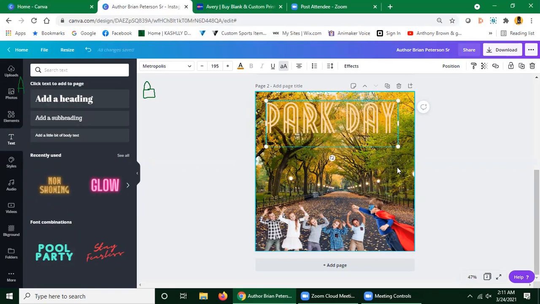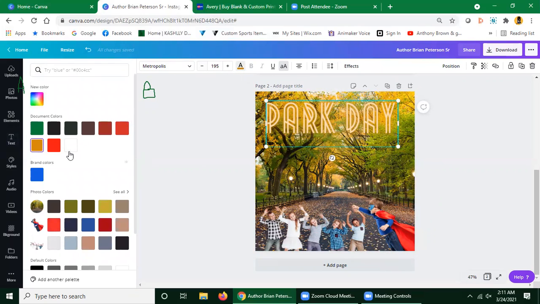If this is what you want, but you don't want the color and the font, both of those are located in toolbar A. You'll only find them if you're highlighted on what you want. If you're highlighted on this boy, you're not going to find the color and the font. You have to be highlighted on the font. We want to change the color to